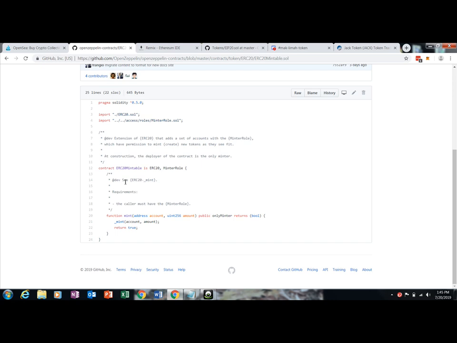It burns this ERC-20 token so that eventually it will go to zero when all of the crates open and become 721 tokens, which were parts to cars, and you would take those parts of the cars and put them together into making a real race car, and they're going to be raceable soon. So